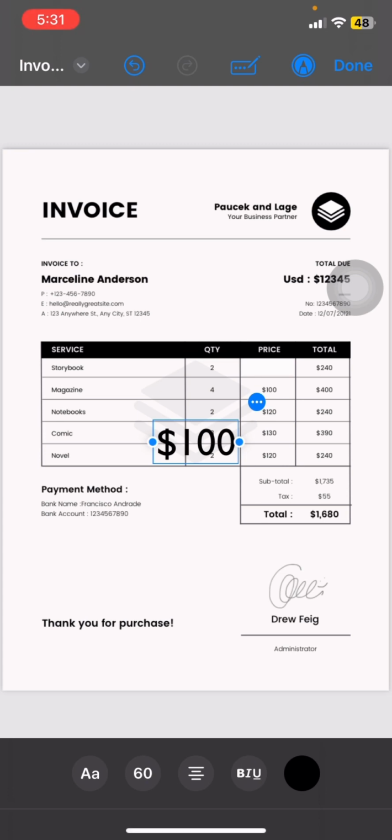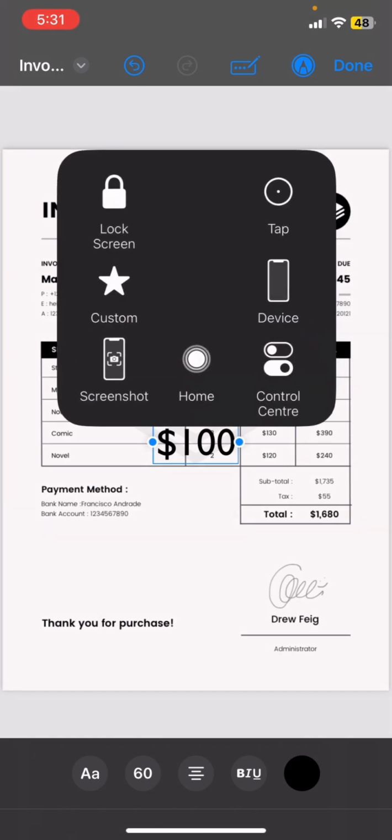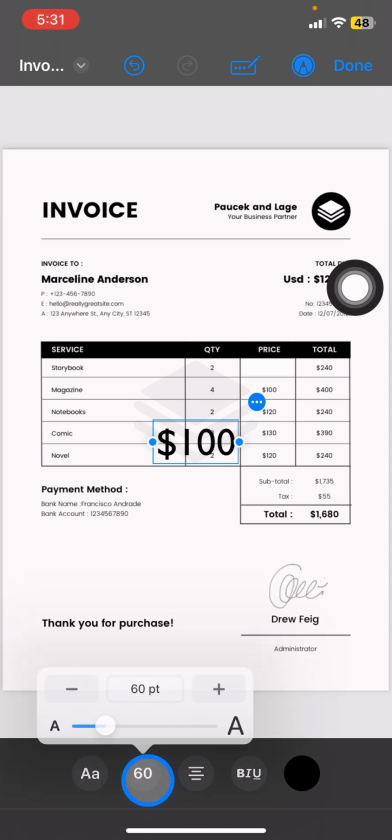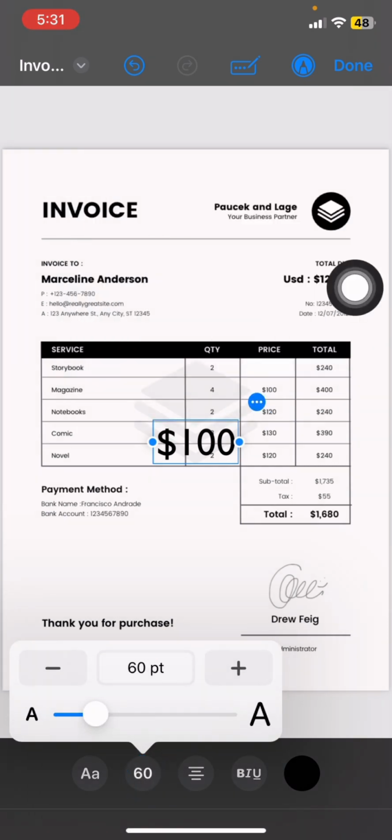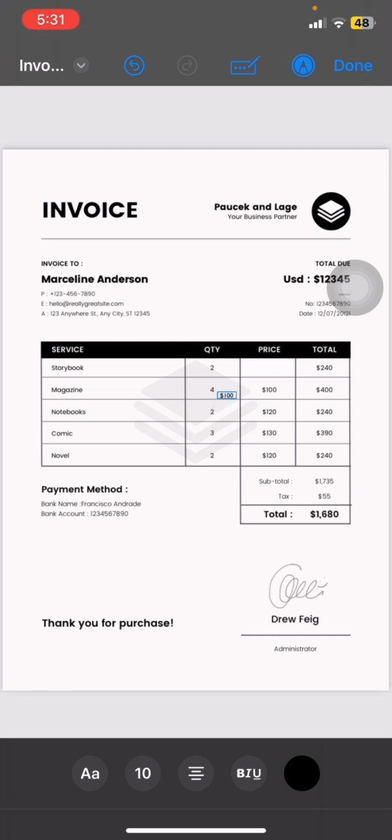And here I already got it. Now you just need to adjust the size by clicking this part, and make it exactly similar to the original one. Okay, I think it's close, and you just need to drag it into the box,